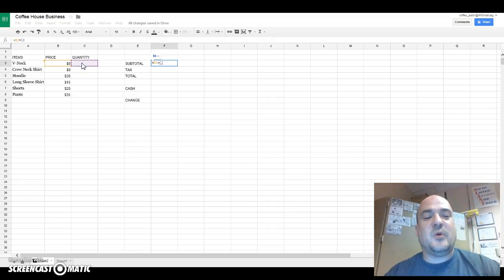So whatever number the cashier types in that quantity box, that is what the computer is going to multiply times 8. Okay, but then I'm also going to add the crew neck shirt. So if you bought a crew neck, it costs $9 times however many crew neck shirts they bought, plus